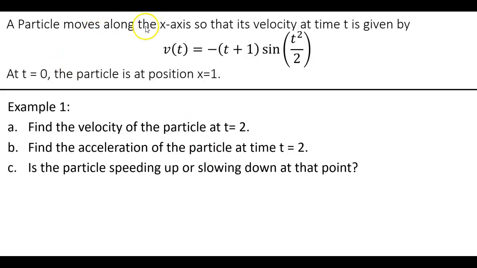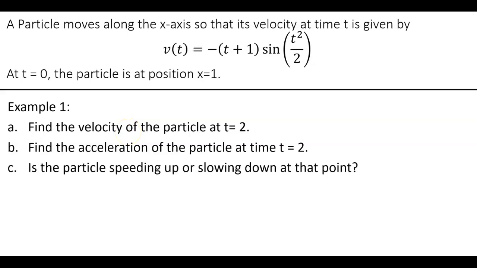A particle moves along the x-axis so that its velocity at time t is given by this function here. At t equals 0, the particle is at position x equals 1. All right, so let's go ahead and do this first one. The first thing they're asking us to do is to find the velocity of the particle at